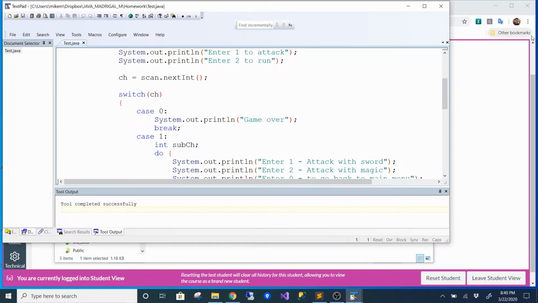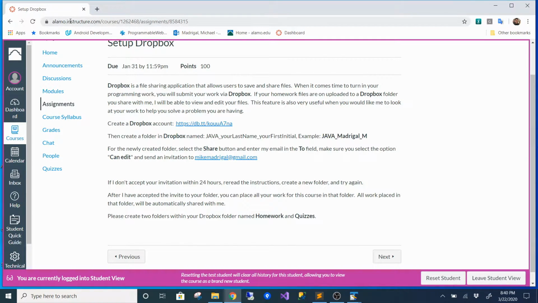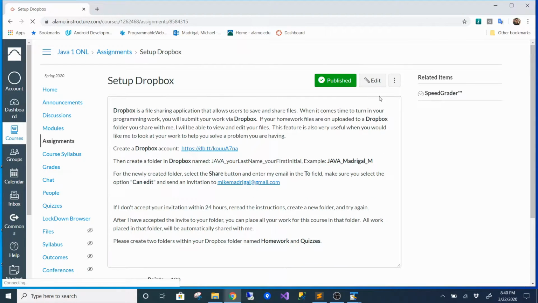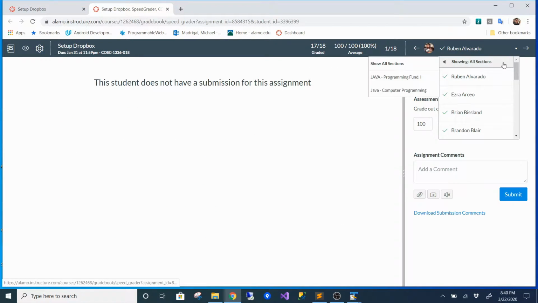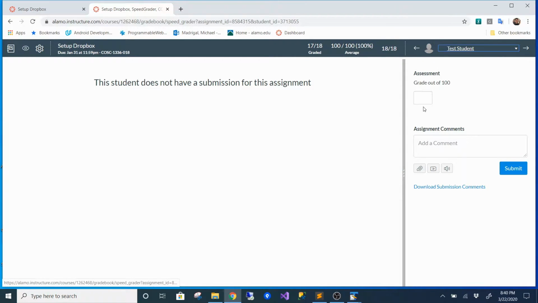Now, if I have any comments or feedback, I'm going to log in as the instructor. So I'm going to leave student view. Let's just say I'm grading their Dropbox setup. I'm going to go to SpeedGrader. And this is the test student, so I'm going to scroll down to test student. And I'm going to leave comments for the student. Just say he turned in some work and he didn't do it correctly. He made a few mistakes. I'm going to call him out on his mistakes. I'm going to say things like, read the coding standards, and make corrections